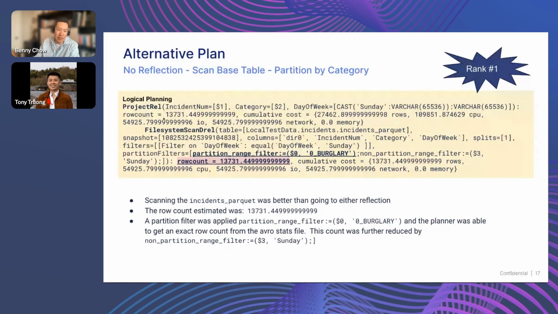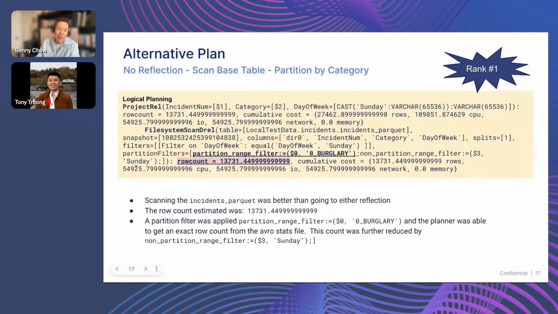It's just a project on top of a scan. And here, if you look at the table involved, this is the actual underlying base table, incidence. We can see that, first of all, a partition filter was pushed down, and here it was on category equals burglary. And then besides that, there were also other filters, like the day of week, this non-partition range filter here